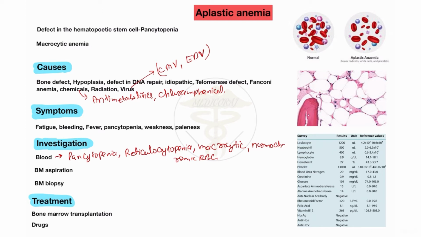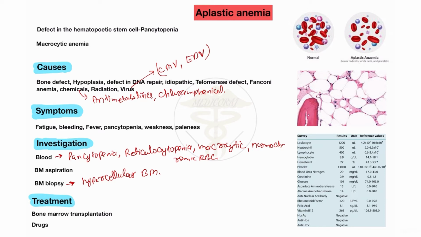Also you will see the hemoglobin level decreases and RBC level also decreases in the patient of aplastic anemia. So the hematocrit value also decreases and the size of the RBC increases. Bone marrow aspiration, also we will do bone marrow aspiration and bone marrow biopsy. When we take the bone marrow biopsy, then you will see a hypercellular bone marrow, hyperactive bone marrow, in the aplastic type of anemia.